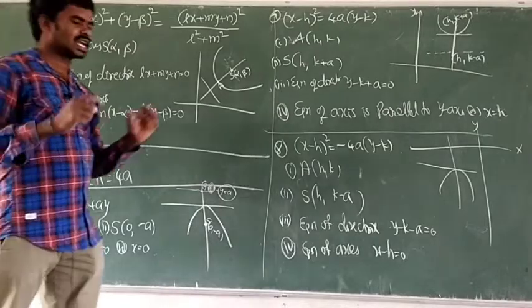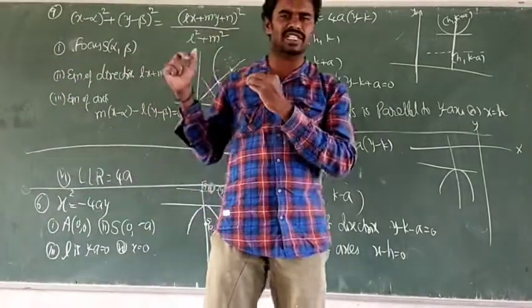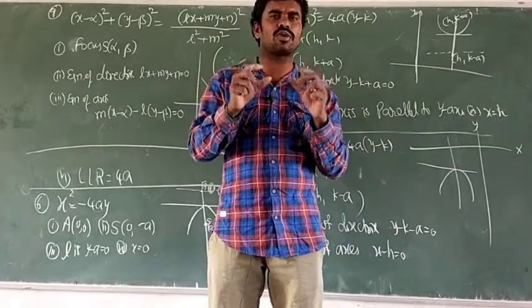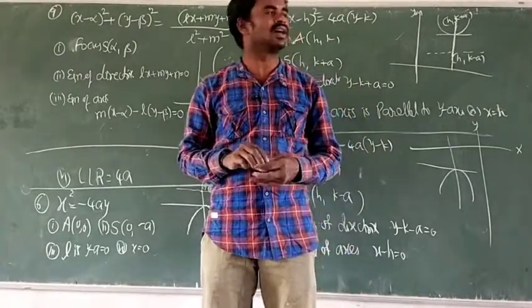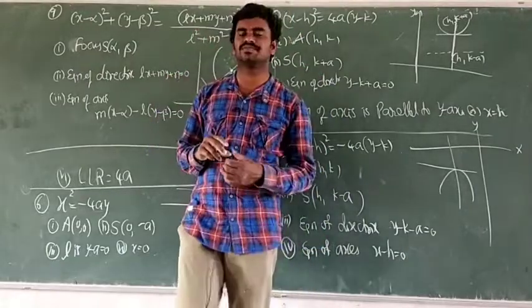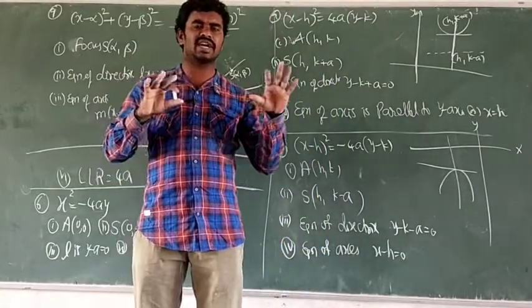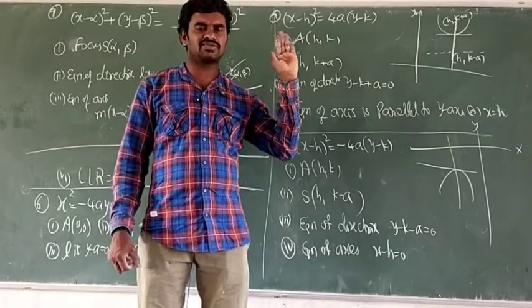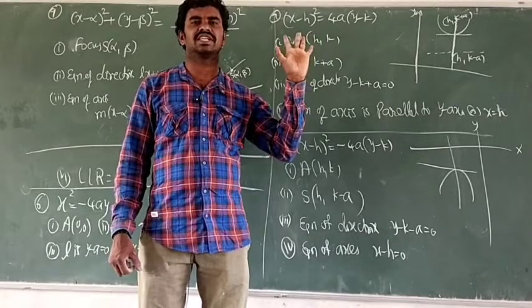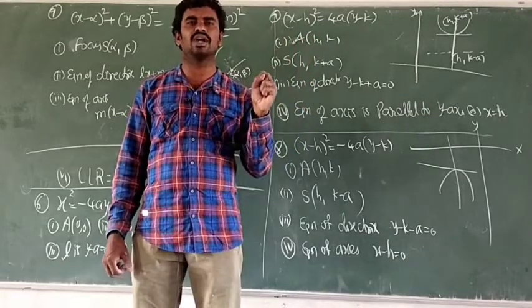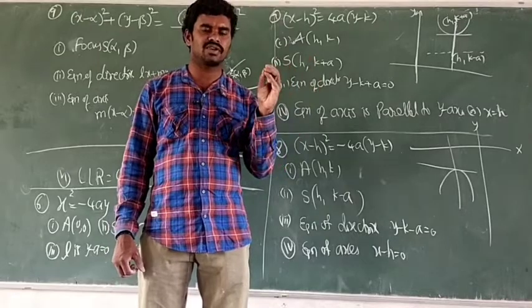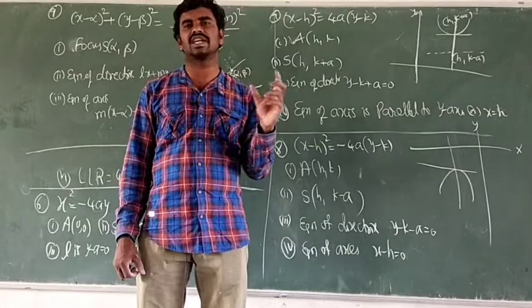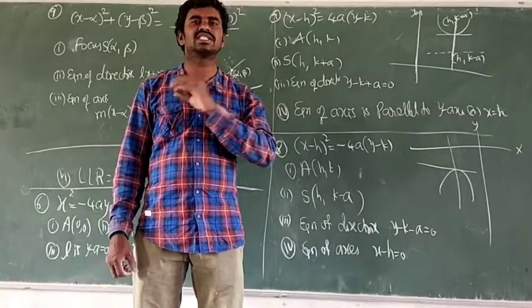Very clearly I am saying, first just write down all these concepts. What we have to remember most probably is the first one, and immediately the second one also. In each and every category remember the length of latus rectum is 4a. And what is the standard formula of parabola? y square equal to 4ax. In the first one, what is vertex? 0, 0. What is focus? a comma 0. What is the directrix line equation? So the first one you must remember.